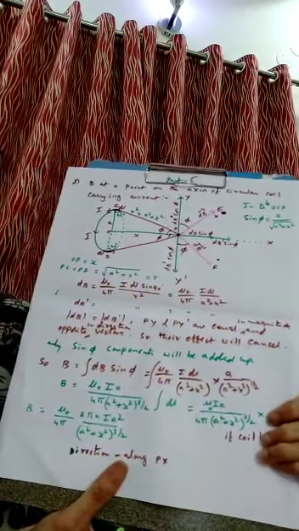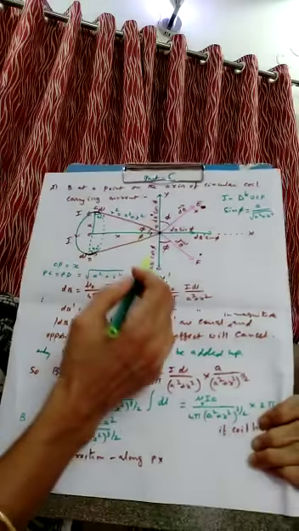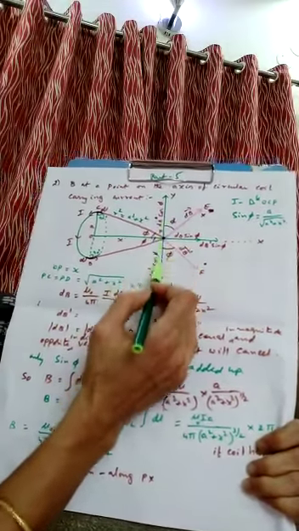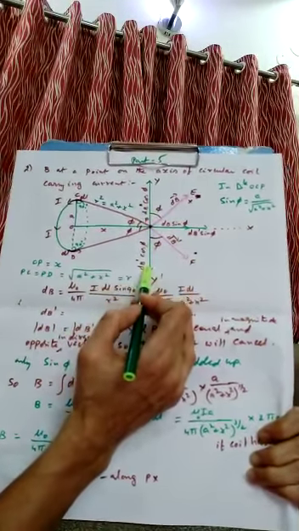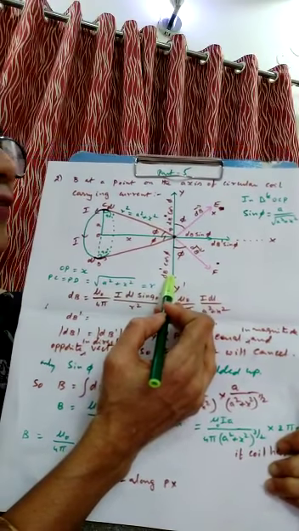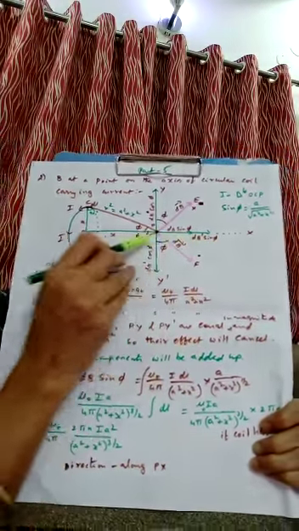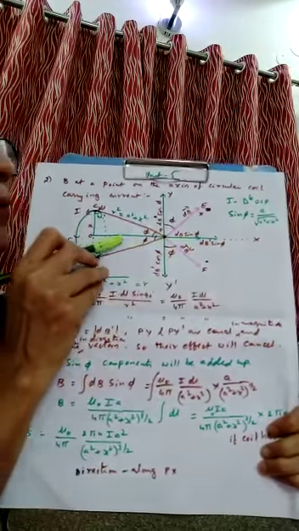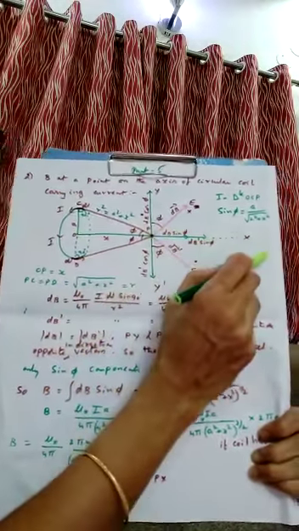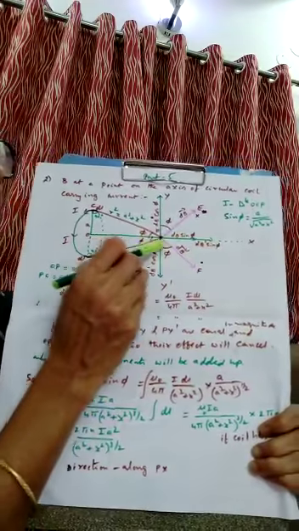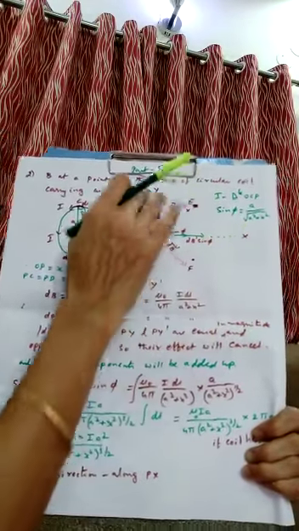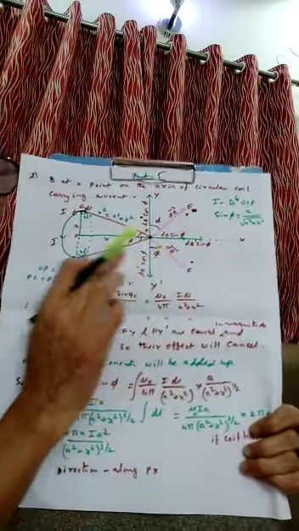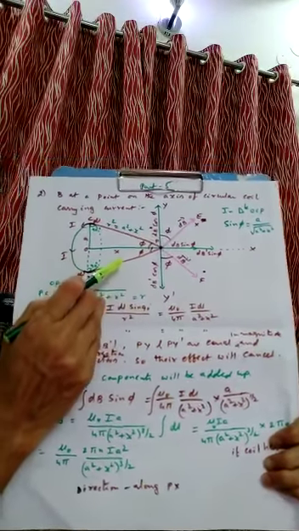So dB cos phi and dB dash cos phi are two vectors, equal and opposite. So they cancel each other. So which components are left? Only sine components. The dB sin phi components are left here, along the PX direction. The resultant field is along the PX direction only. The cos components are getting cancelled. Okay, so I would like to explain here.